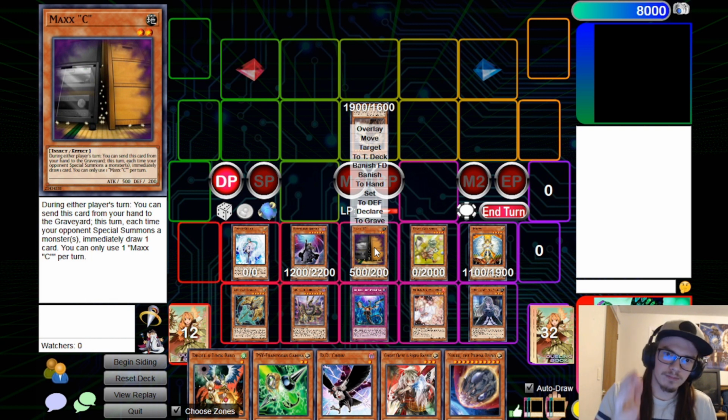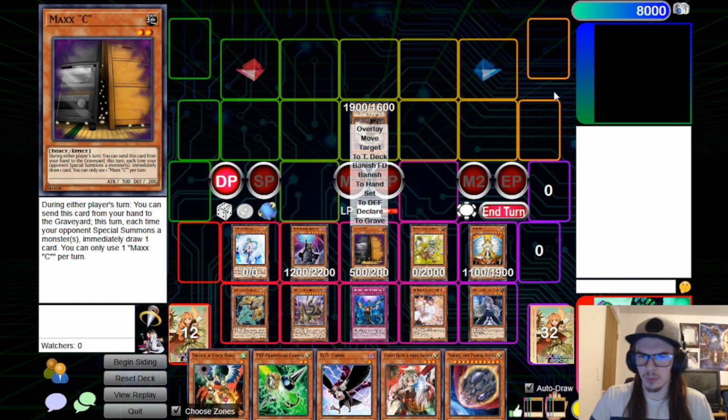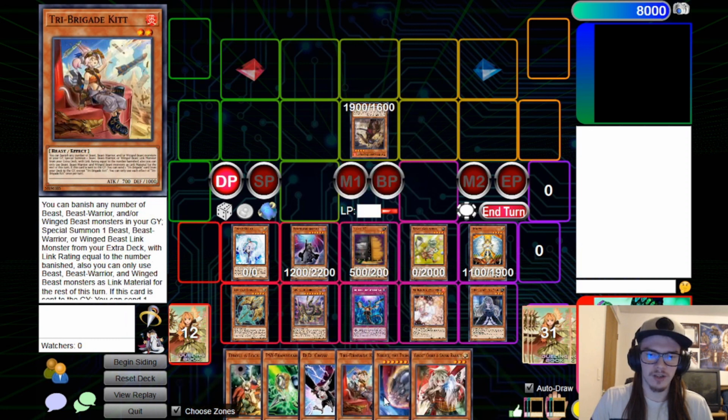As for the rest of these cards, it becomes a bit more problematic. With one exception, Maxi. Maxi is very simple. Just as soon as you see that your opponent has normal summoned something and could potentially go into a Link 1, this is pretty simple. If there is something like a Kit on your opponent's side of the field,